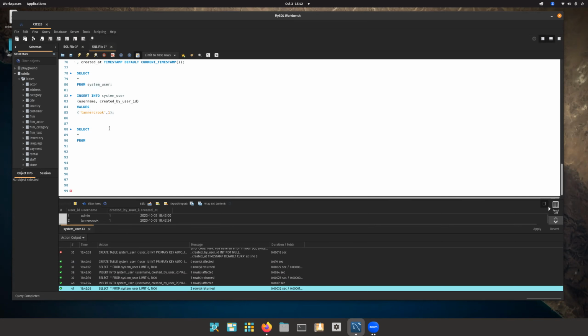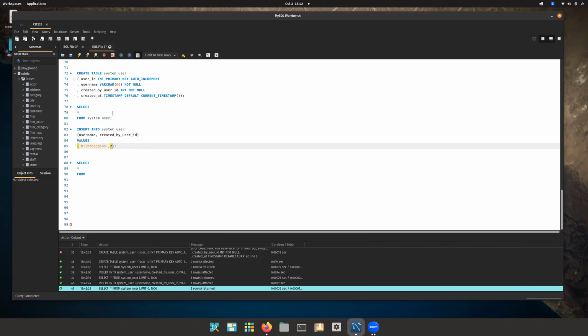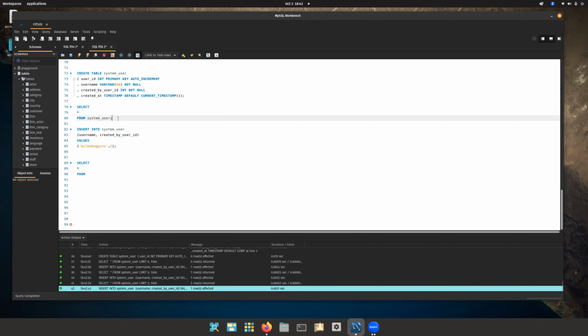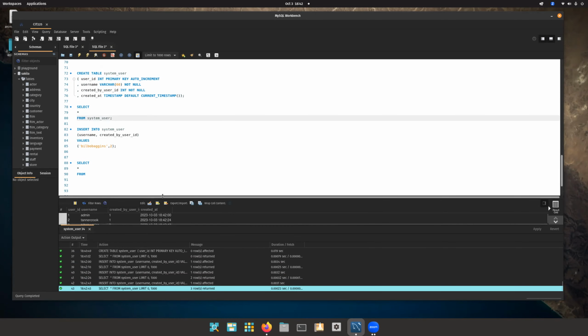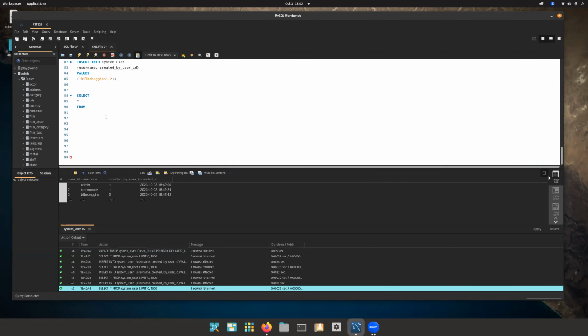The first 2 were created by that, but now let's say I want to create someone else, like Bilbo Baggins, but let's say that I created him, right? So we don't use the admin for everything, like we shouldn't. So now we have 3 users: admin, myself, and Bilbo Baggins. So now if we wanted to see who created that user,